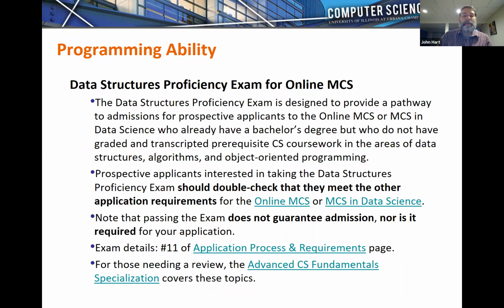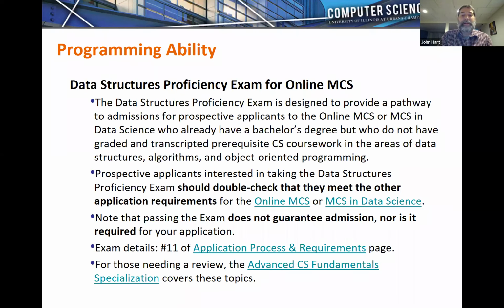And so what we have done is we've developed a specialization sequence that students can take. It's the Accelerated CS Fundamentals specialization. It's 3 MOOCs, and that is designed to prepare students for a proficiency exam in data structures.